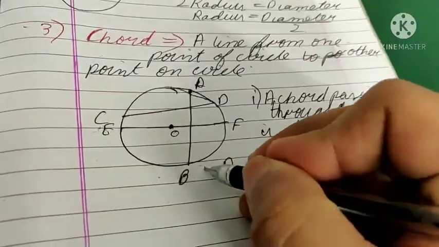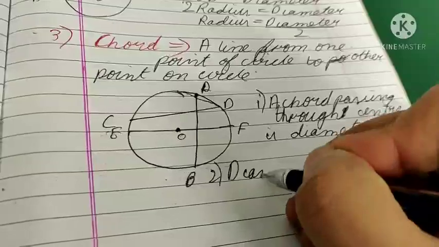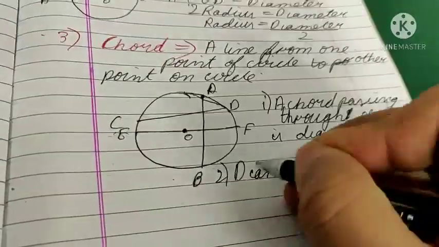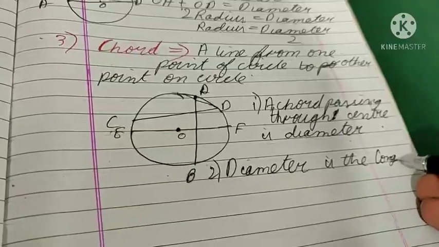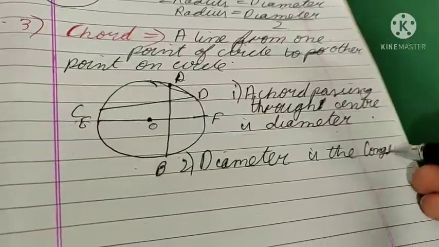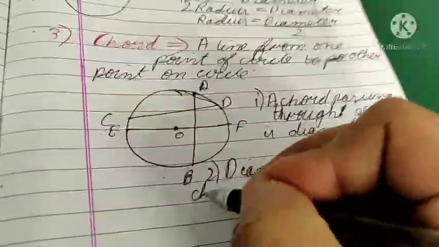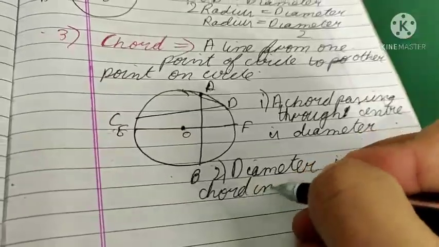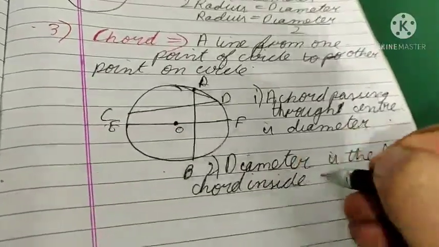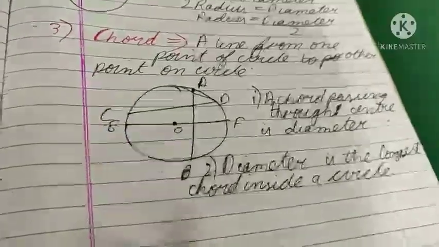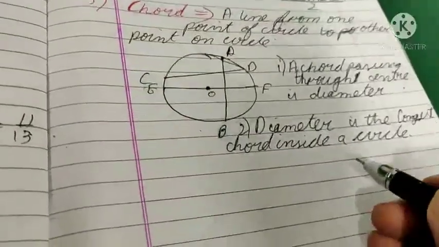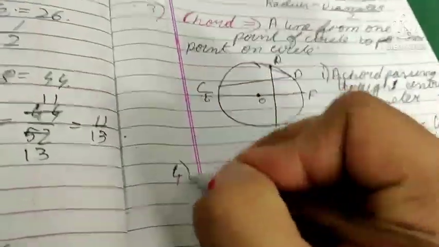And the second point, diameter is the longest chord inside a circle. Okay, and the next point is